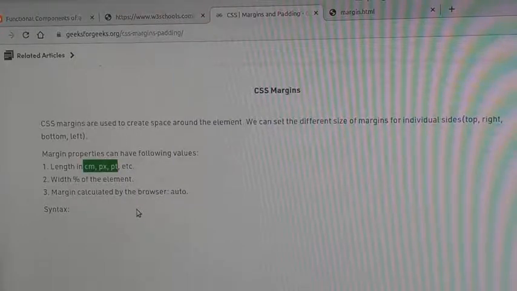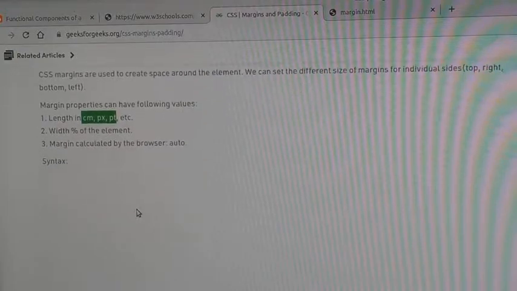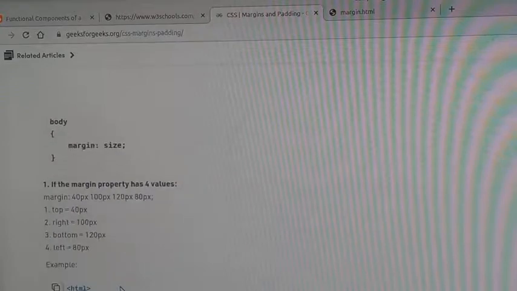Write body, then margin. If you apply a value like margin: 40px 100px 120px 80px, it is automatically interpreted in the order top, right, bottom, left.